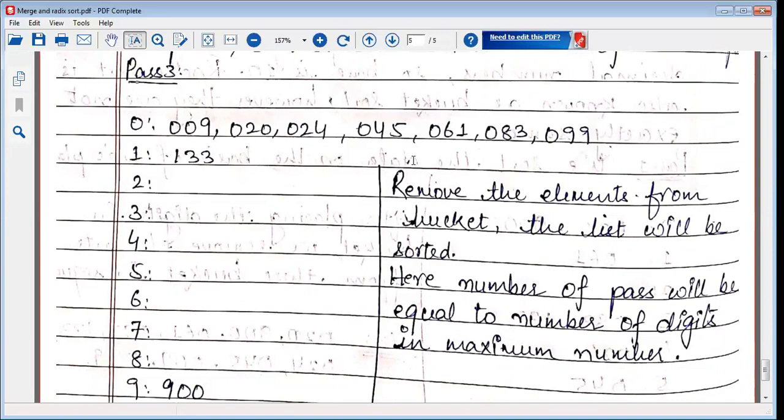So after third pass, you will get the sorted list, and therefore this will be the end of bucket sort, right? So you can also observe that the number of passes depends upon how many digits are there in the maximum number, right? So maximum value was 900. There are 3 digits. Therefore, I need to process 3 passes, and after 3 passes, I will get the final answer.